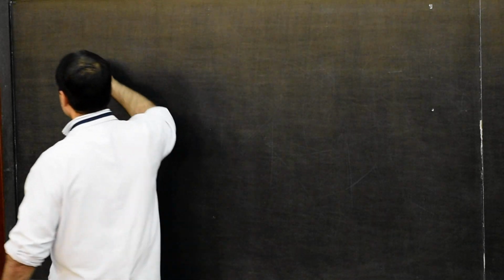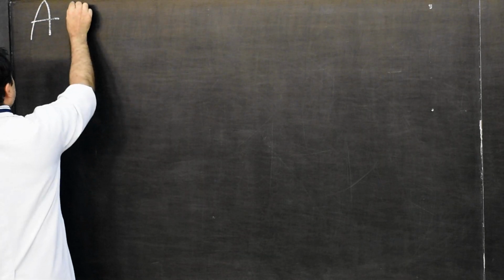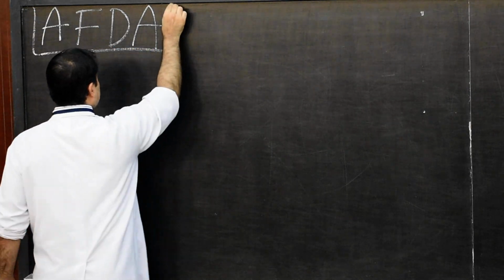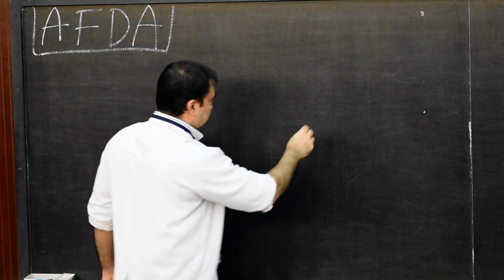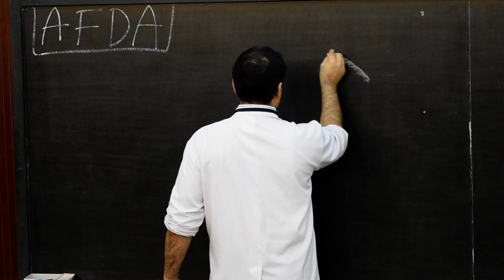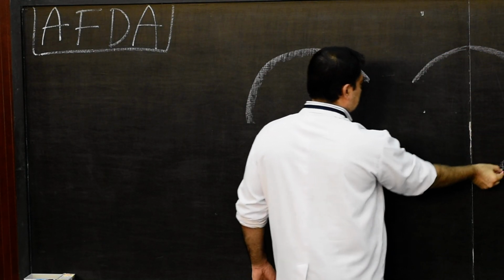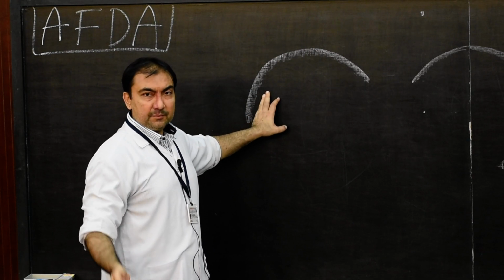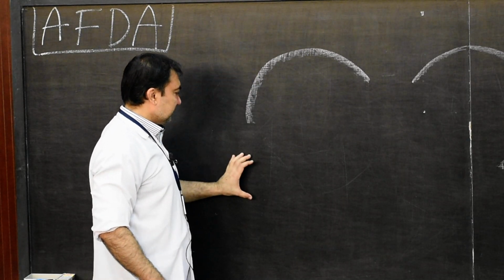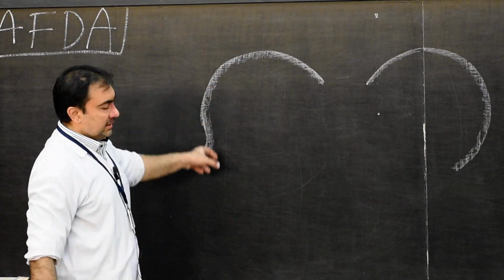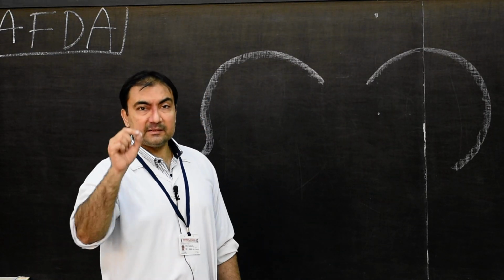Good morning students. Our next topic is the development of arteries from the dorsal aorta. We start with the same diagram in which we show the right half. We know that the right half of the dorsal aorta, between the ductus caroticus and the seventh cervical intersegmental artery, will develop into the right subclavian artery.